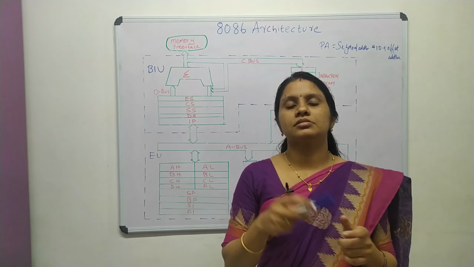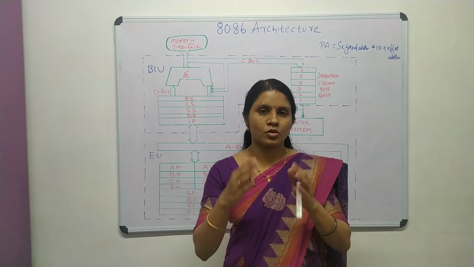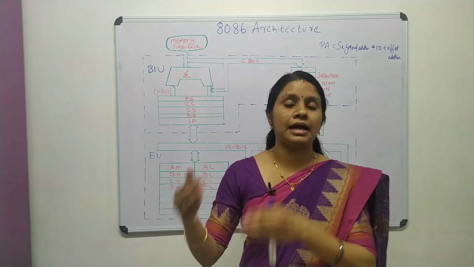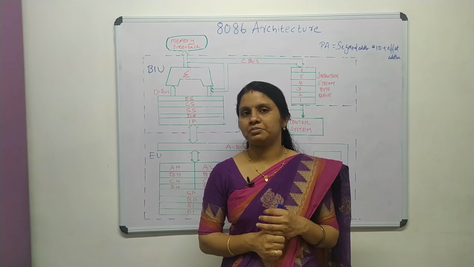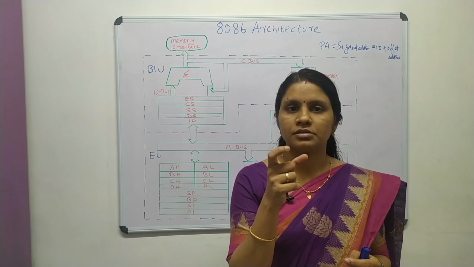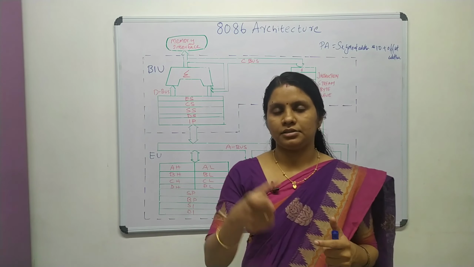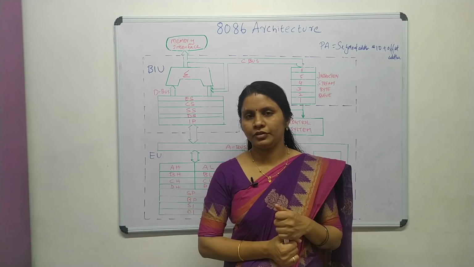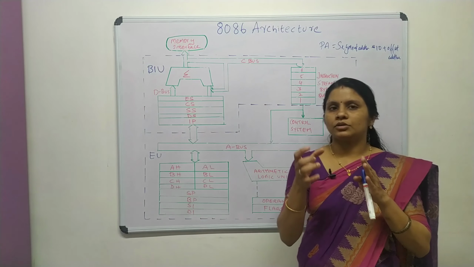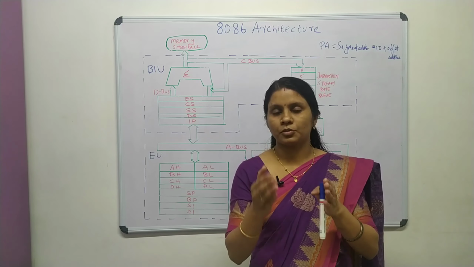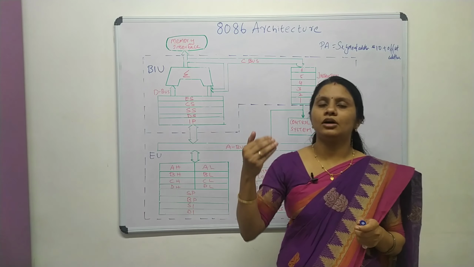The 8086 memory is divided into various segments, that is, code segment, stack segment, data segment, extra segment and so on. The memory is divided into 4 segments, and each has a segment address. The offset address means the location where your data is present in the memory. The code segment stores the programs. Programs are stored inside the code segment.